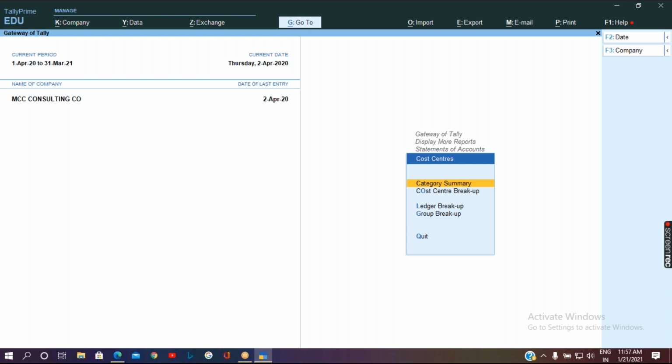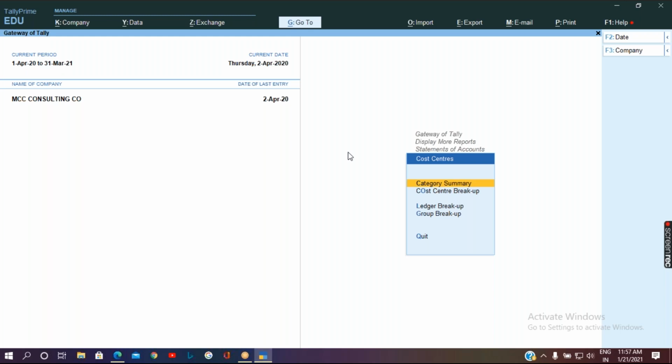So please have a look at all these options. You may get a question about what all the options you will find in the cost center report. So it will be category summary, cost center breakup, ledger breakup, and group breakup.